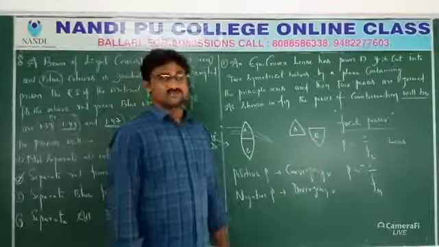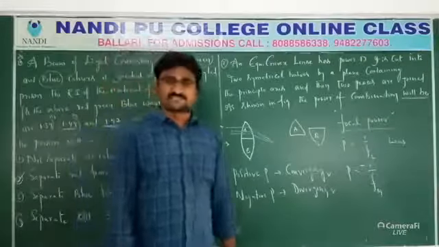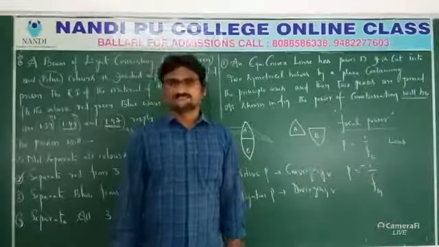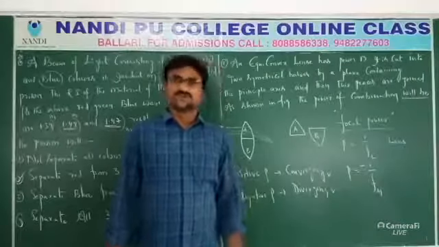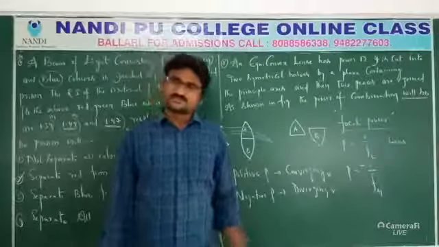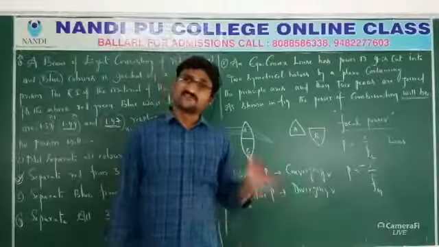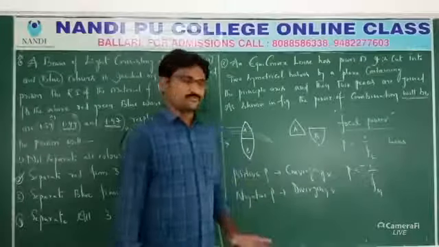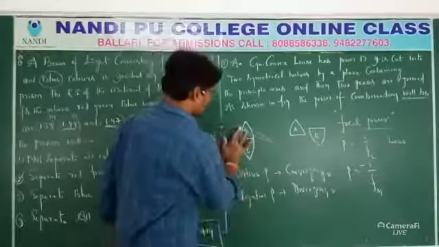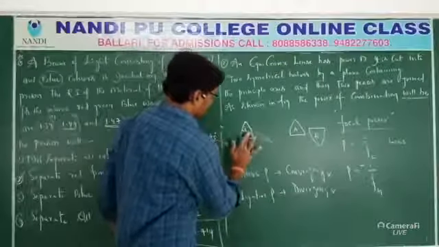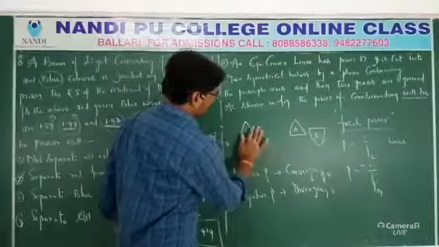One time they asked one question: what is the focal power of a plain glass plate? A glass plate will neither converge nor diverge, so the focal power is equal to 0 for a plain mirror or plain glass. We can find focal power only for lenses, since converging and diverging of a beam is related to lenses.